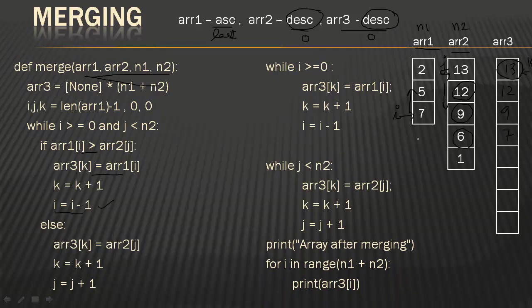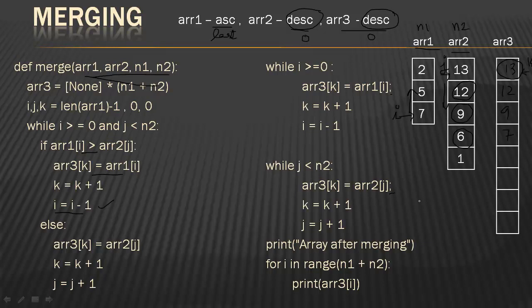Is that clear? Okay, you can ignore this semicolon that I have put here. It's by mistake. It's my style of writing C++ and Java, so that's still there with me. You can ignore that, but even if you had put a semicolon, your program wouldn't show an error. I've explained to you in our initial videos that if you need to write two statements on one line, like k is equal to k plus 1 and I is equal to I minus 1, then you would be writing k is equal to k plus 1 semicolon I is equal to I minus 1. So putting a semicolon is not going to be an issue. And finally, I'm displaying array 3. Clear? Okay.